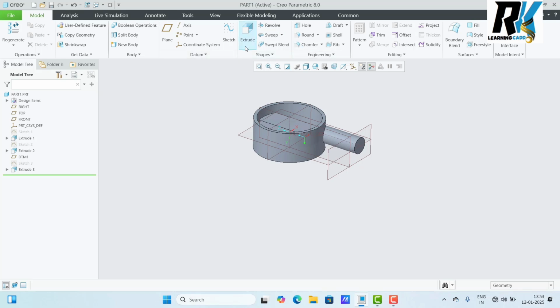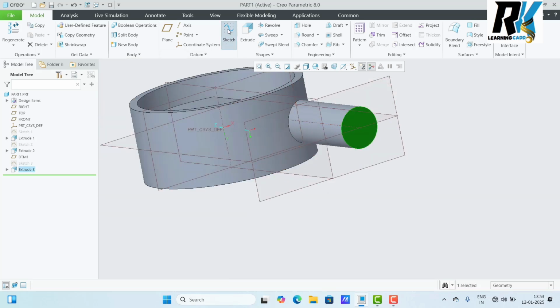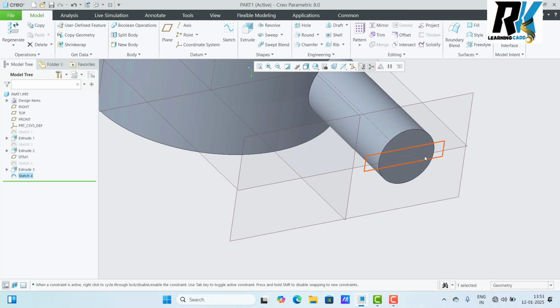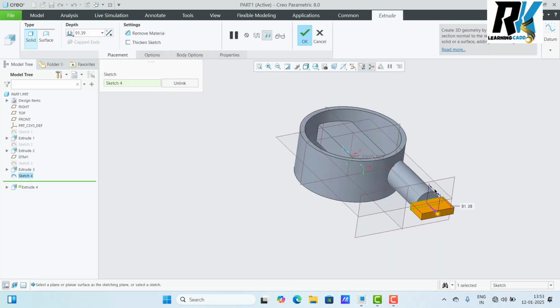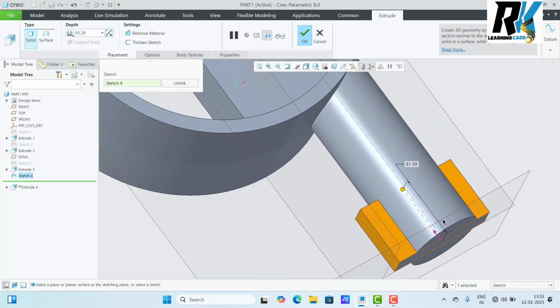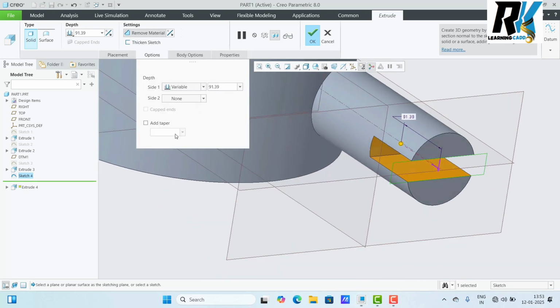Now friends, you see we can create 3D models with the extrude command. Now we see how to remove material. It's a simple step: select this face and again create a sketch. I make a rectangle here and just place it. The sketch is already selected, it is green, and select the extrude command. By default it goes in this direction, so we can check the direction. If you want to remove material, you don't need to make material, so check remove only. Set the length and depth, whatever you want. If you want to make a taper you can do it here, 3 degrees, 4 degrees, whatever you want, and just click here and press OK.